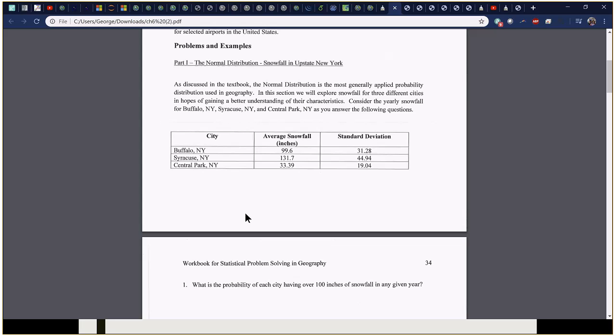inches of snowfall? So you're basically going to use the normal distribution, and you definitely could just use the standard deviation if you're confident that it's correct, because you're just answering a yes or no question, right? Well, you could, but then 3 says, what's the probability of each city having between 80 to 100? Yeah. And so I didn't know if there was some sort of computation you wanted to showcase in these questions. Right. So each of them does definitely have a mathematical way to do it. So what you do is